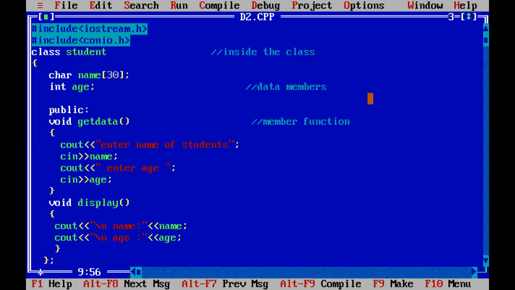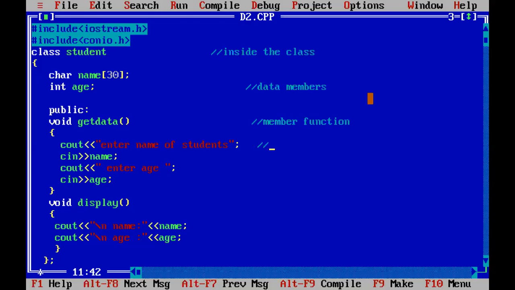First of all, I want to declare the data member in cout and cin form. First, I want to enter the name of some students, and I want to give some values from the keyboard, inputs from the keyboard. So I'll use cout and cin keywords here. In a POP program, I didn't use any void get data and public things here. But to bind the data in the form of functions, we need to write these things.